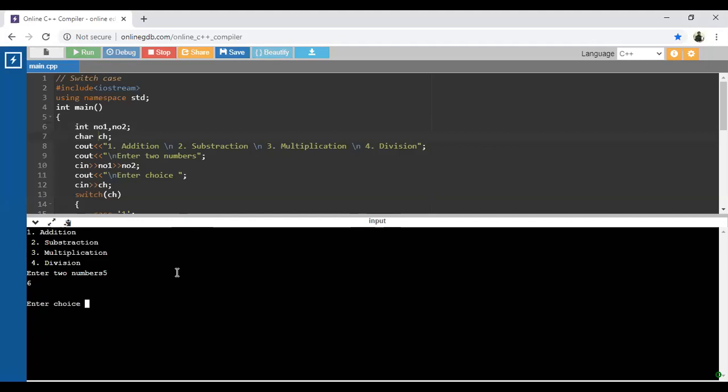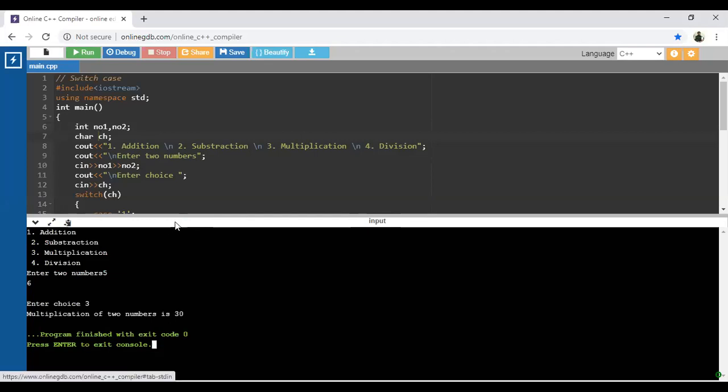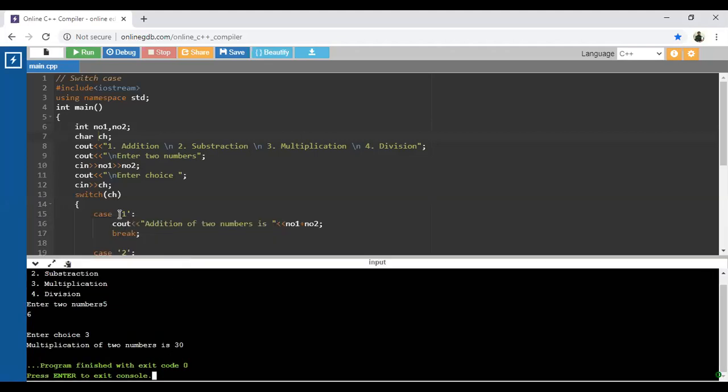After that, perform multiplication 3. So multiplication of 2 numbers is 30. In the previous case, why did it give an error? Because in case 1 we have accepted all these numbers with the help of single quotes, and single quote means a character. That's why that particular error occurred with respect to that case. So just mark that ch is of character type.